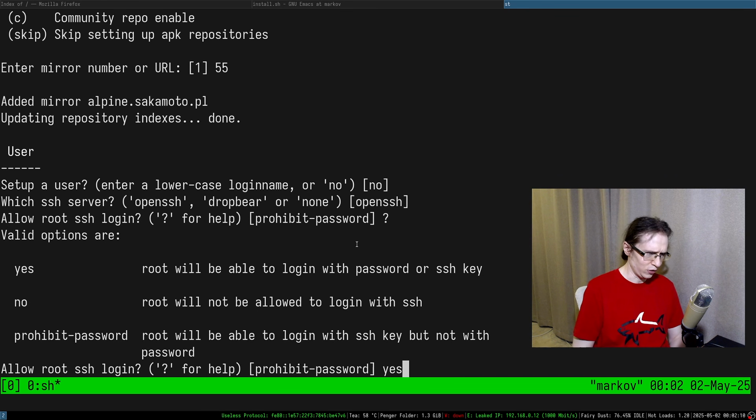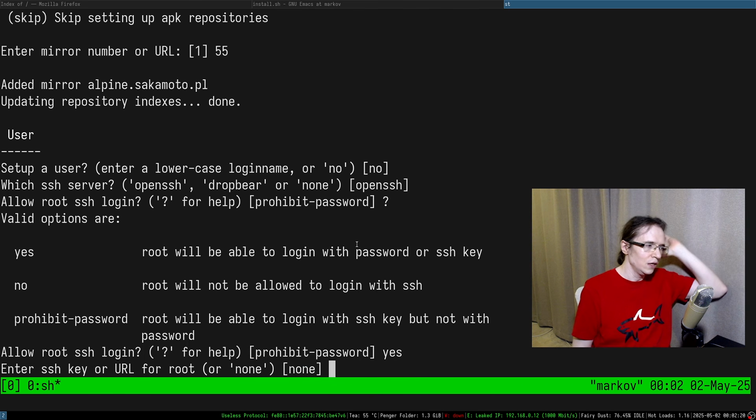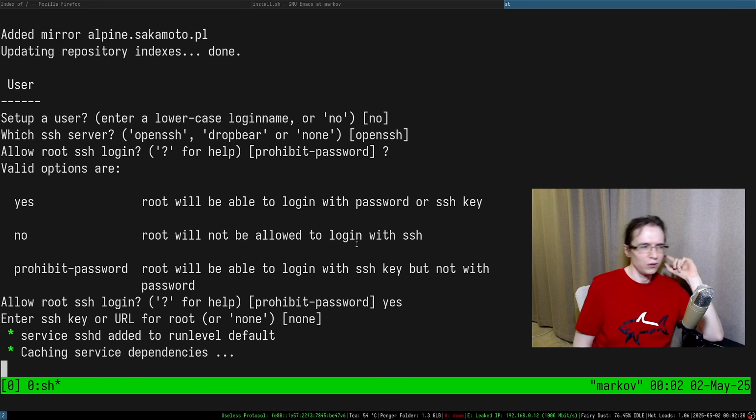I think yes, right? Because I don't really have any other way to log in into this machine yet. Maybe at some point we can reconfigure it, but then it's just a setup. It's not like I'm going to be exposing it to the internet or anything like that. Enter SSH key or URL for root. That's an interesting idea. So no, we're gonna do none.